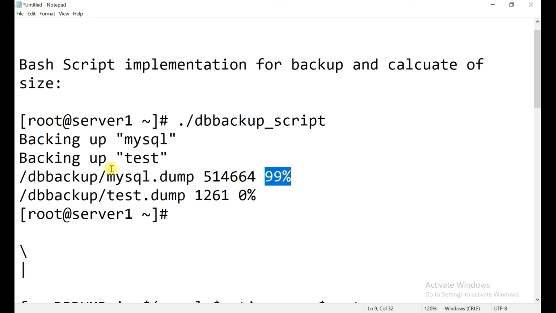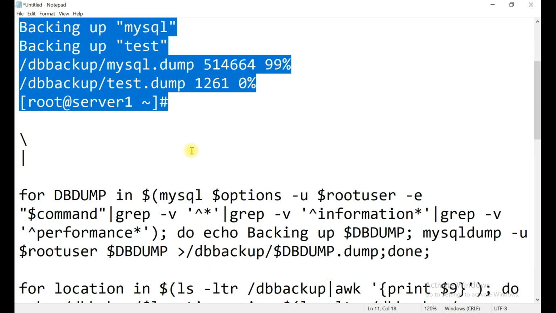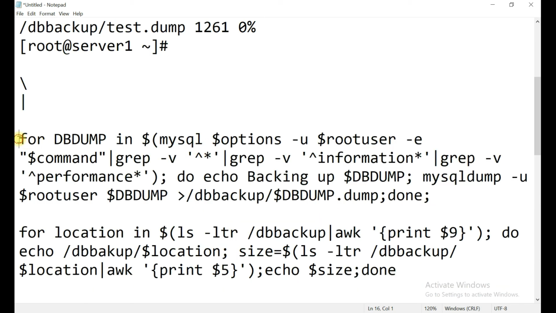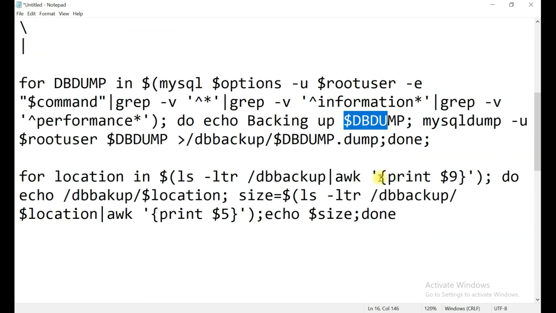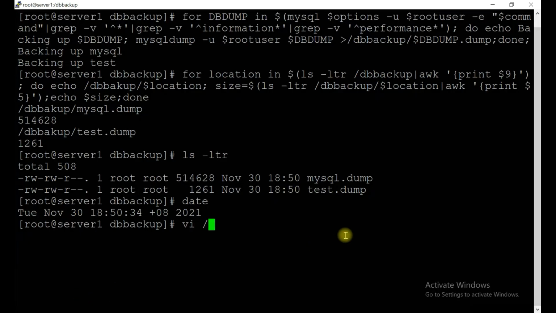And I hope that by this video, even though it's a very small thing, a lot of things have been explained, let's say the for command, MySQL command, grep command, how the for command completely works, do, done, how echo commands work, how variables you can export. Okay, and I think we forgot to do one last thing. Let's place this inside the db backup script.